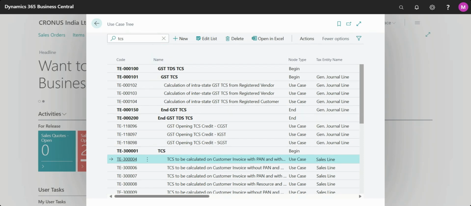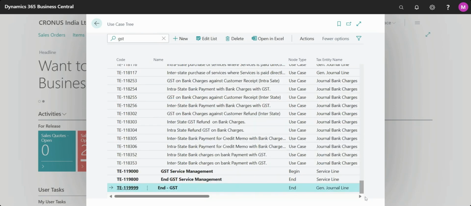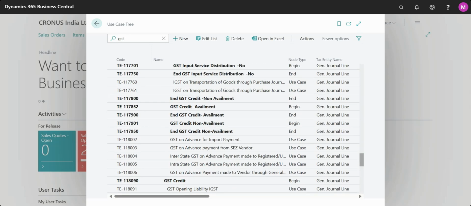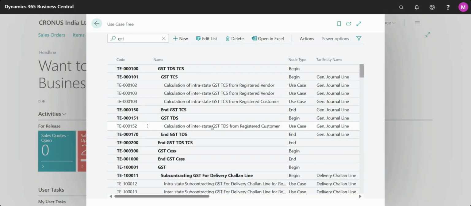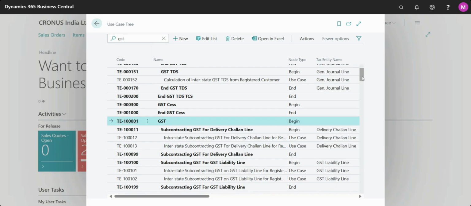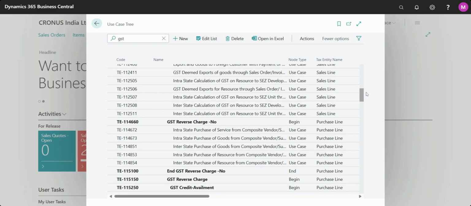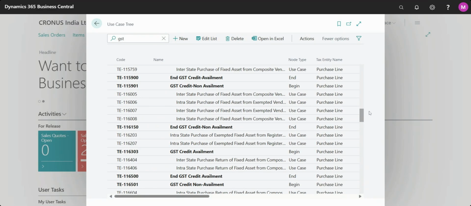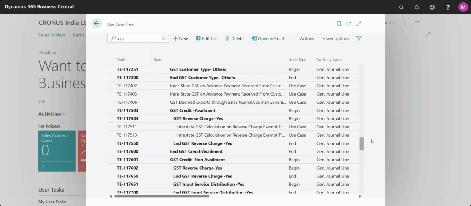And same you can check for the GST. GST for service management, GST credit non-availment, availment, and plain GST you can check for the standalone GST cases related with the reverse charge, related with the import, and so on.